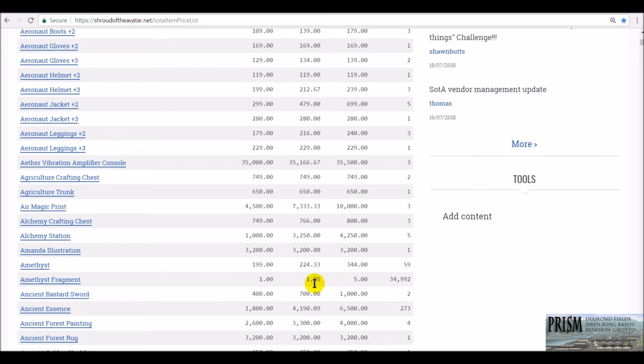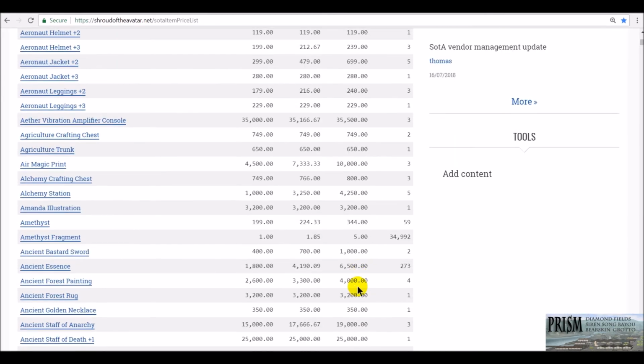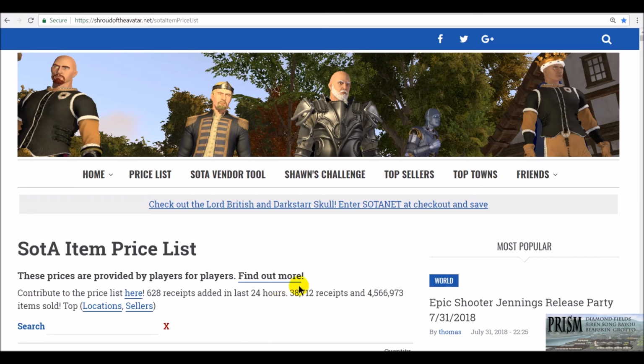So like, look at all these fragments sold. 1 to 1.5 to 5. Yeah, max price is 5. So you can see what things are going for in a min-max area. Again, this data is only going to be more valid the more people that participate. So by creating an account and going to the vendor tool and uploading your receipts, that's how everybody's going to